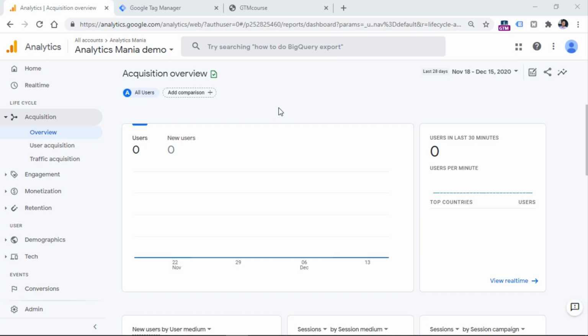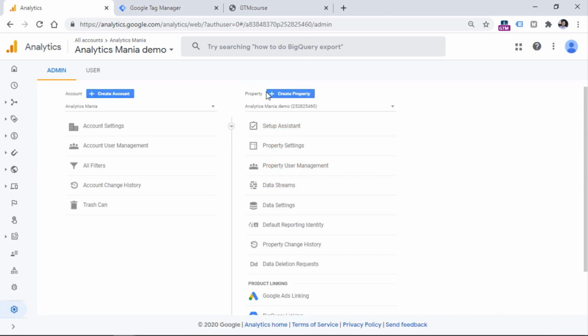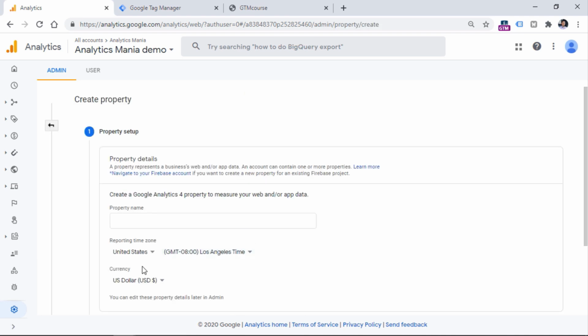Alright, so let's learn how to install Google Analytics 4 with Google Tag Manager. First of all, let's log into your Google Analytics account, and I mean any property at all. Then you should go to the admin in the bottom left corner, and then in the property column, you should click Create New Property. Of course, if you haven't yet created a new property, click it right here.